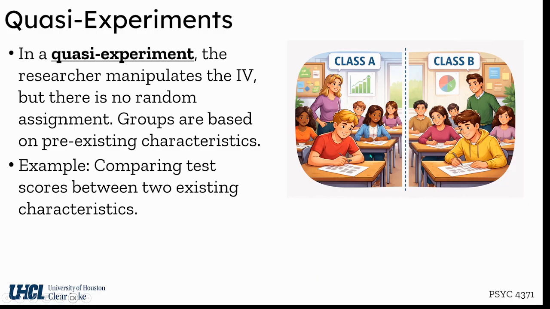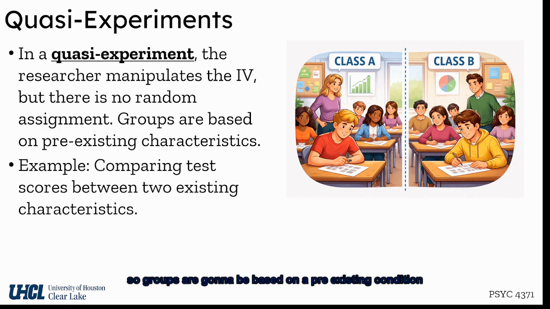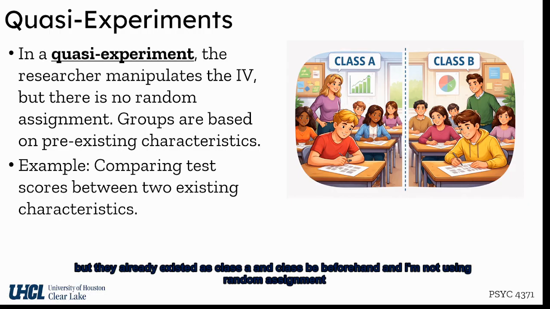Quasi-experiments are experiments where you manipulate your IV but you don't have random assignment. So quasi means kind of, sort of. So your groups are going to be based on a pre-existing condition. So say I want to compare test scores between two existing characteristics. So I have two teachers, class A and class B. I am testing their test scores, but they already existed as class A and class B beforehand, and I'm not